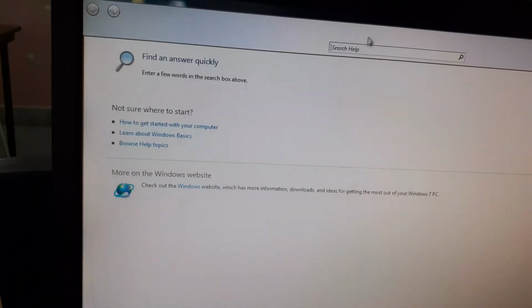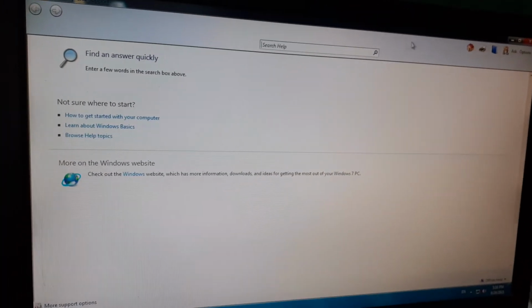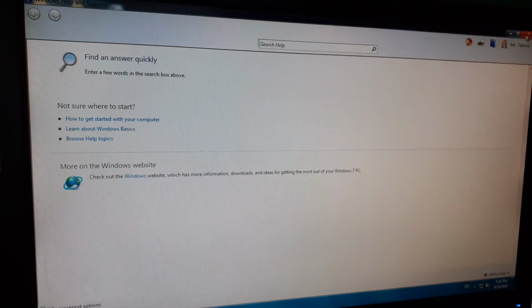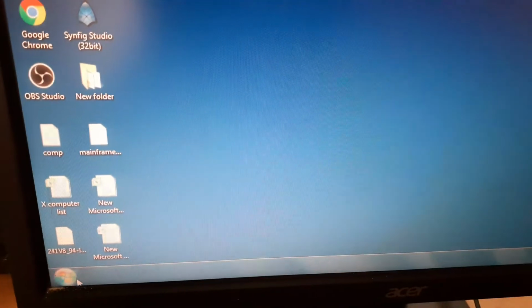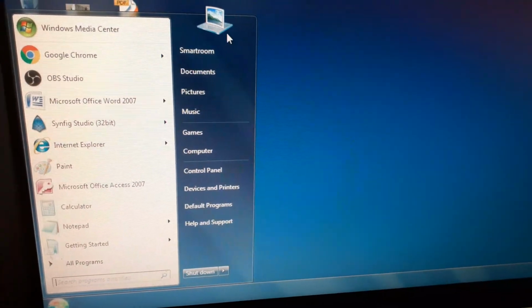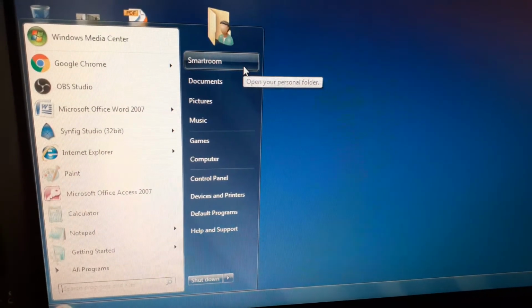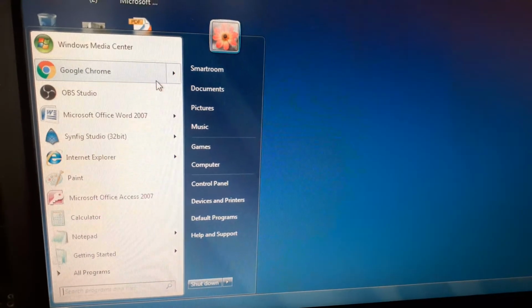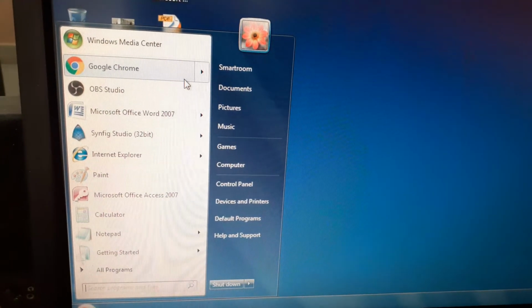Here you can search for any help that you want from Windows, right children? So this is the right pane of the start menu. This is the right pane and this is the left pane, right children?